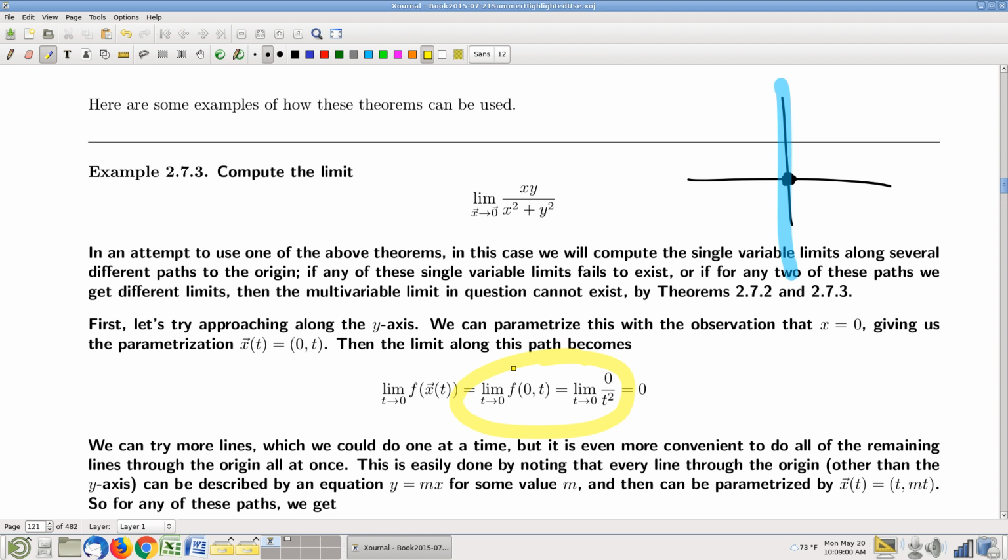In this parameterization, x is 0. It's not approaching. It's none of that nonsense. It is actually 0. So that numerator is actually 0. That's an honest 0. Now, what's in the denominator? Well, we have 0 squared plus t squared, so that's why we get the t squared here. That is not 0. In fact, now again, there's this temptation to interpret, oh, well, t is approaching 0, you